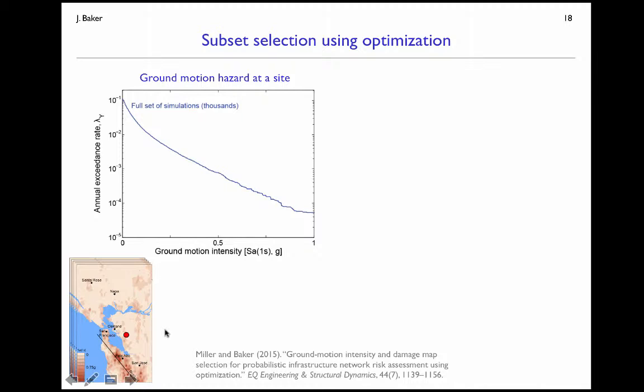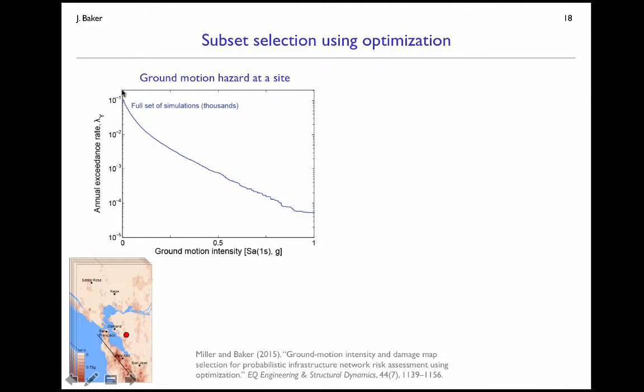If I look at the suite of thousands of simulated ground motions, we can produce a plot like the one in the upper left. We have a ground shaking intensity on the x-axis, spectral acceleration at 1 second. If we pick an amplitude like a half g, we can count up how many of these simulated maps produced ground shaking intensity greater than a half g at that particular location. Then we add up the occurrence rates of all those simulations that produce greater than a half g, and we could say it's on the order of 10 to the minus 3 per year that I would see an earthquake that produced a half g ground shaking intensity at this site.